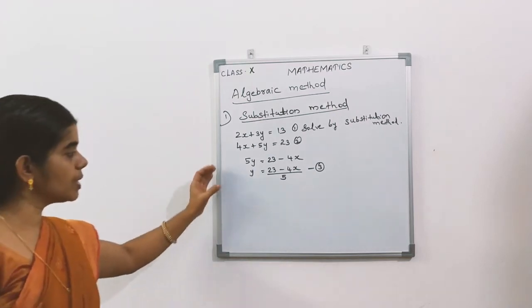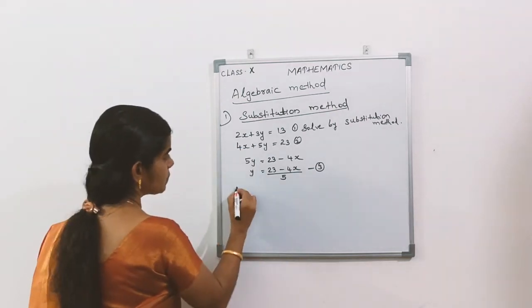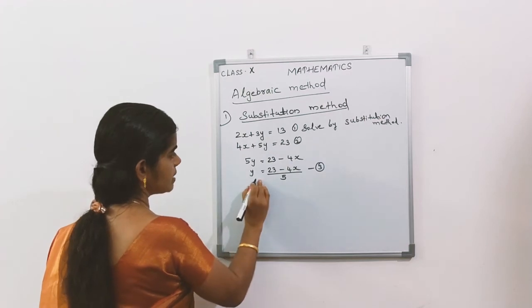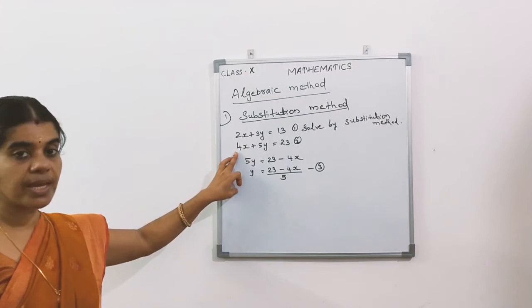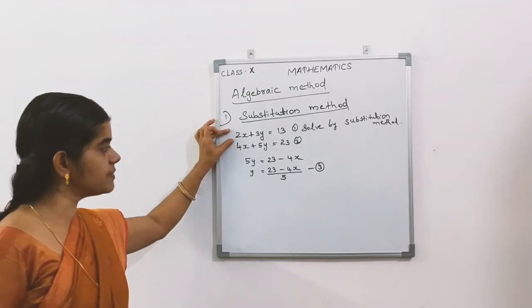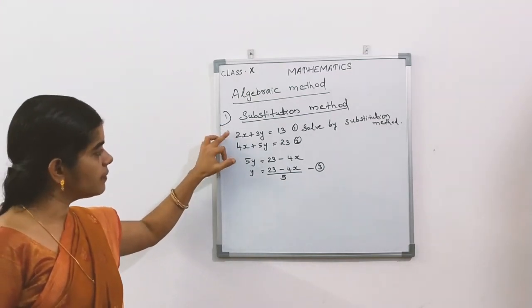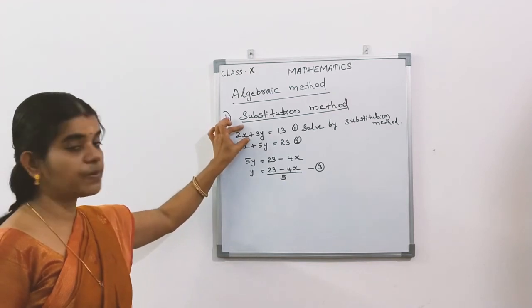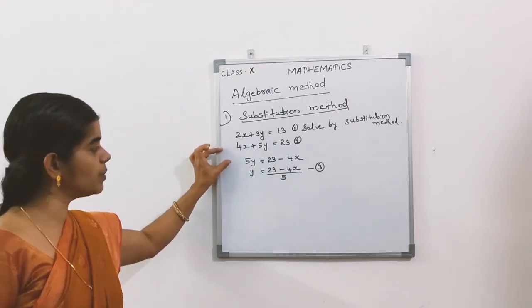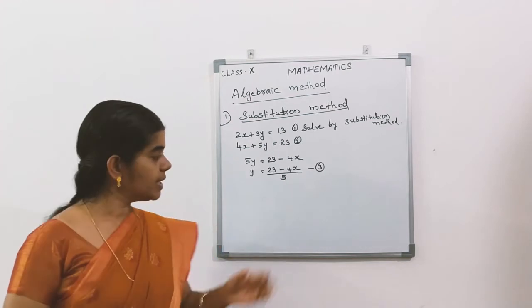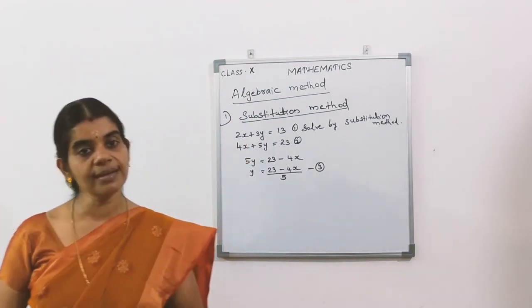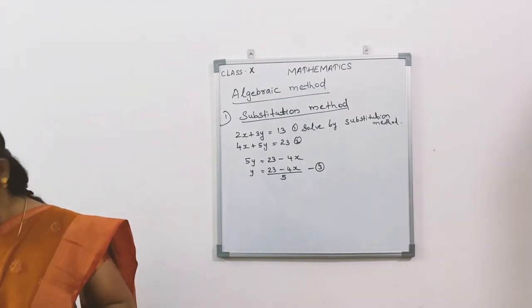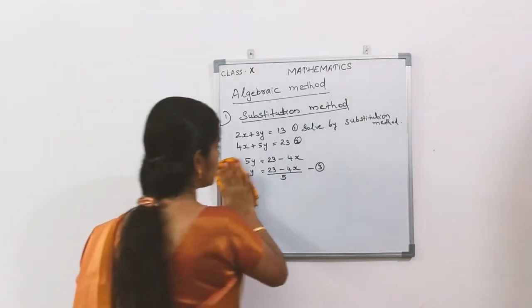Then also, just look, first one 5y is equal to, this also possible. In the second equation I have used, that time you want to substitute in the first one. And if the first equation we are finding x and y, that time you want to substitute in the second one. Here y you got, that you can substitute in the first equation, then also you will get the same answer. Next I will show one more equation.